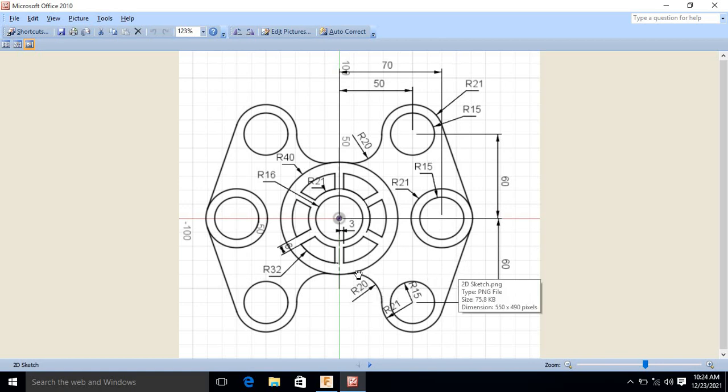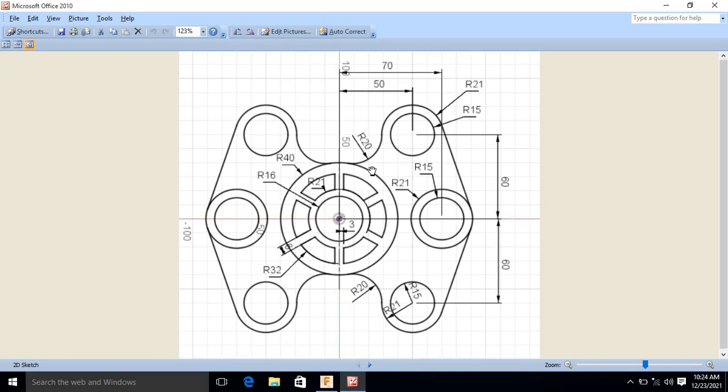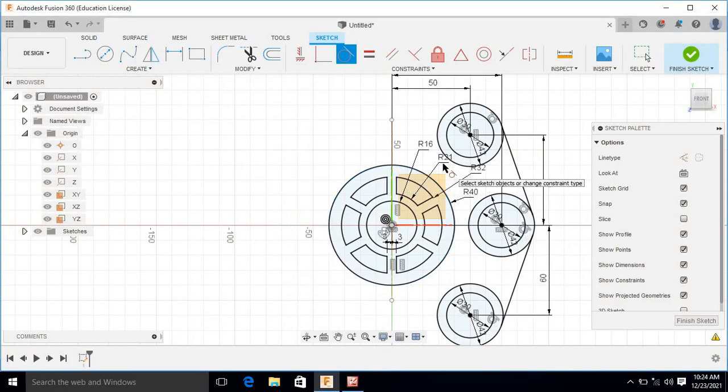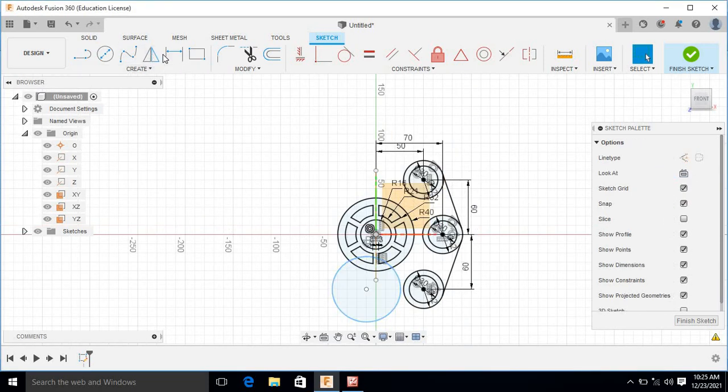Now we have to draw these arcs of 20 mm radius. We can draw this arc with the help of the circle command or with the help of the arc command. On one side I will show you with the help of circle, and on another side I will show you with the help of arc. So draw a circle. I have drawn a circle, but I have not given the dimension, so the dimension will be 40